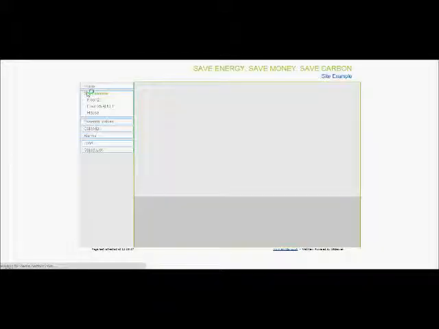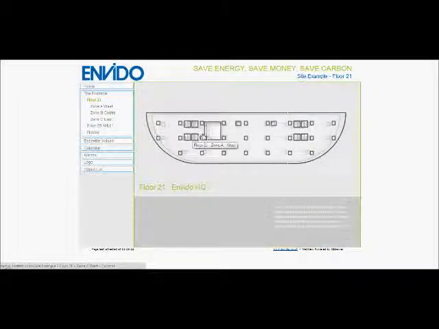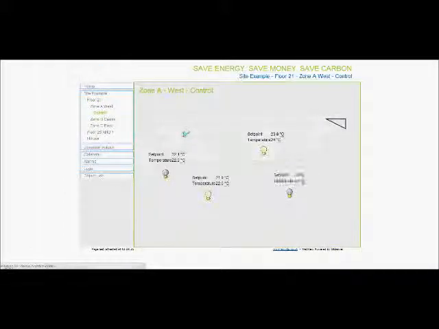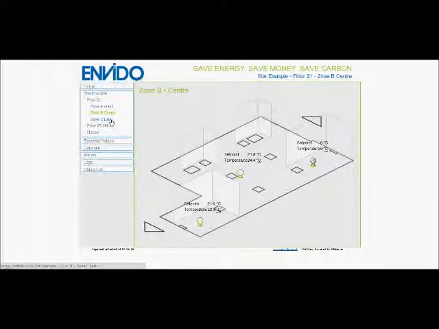So we click into Site Example, and it gives us a list of the various parts of the estate that we're controlling, whether that's individual floors, individual buildings, and even down to individual plant level. So we'll click first on floor 21, and this opens up the floor plan for the office for Envido HQ. If we click on each of these areas of the floor plan, it gives us an idea of what our intelligent building solution is controlling on these specific parts of the floor plan, so lighting and some temperature controls, as